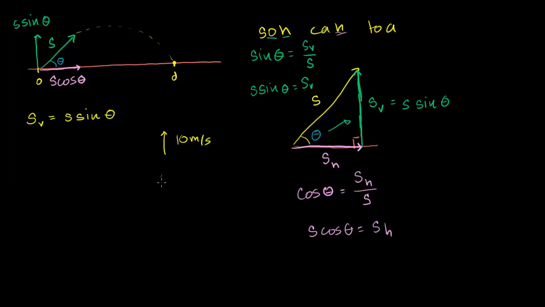And let's say that gravity is slowing it down at 10 meters per second per second. So every second that goes by, it'll slow this thing down by 10 meters per second. Well, it'll take it exactly 1 second to make it go from 10 meters per second to 0 meters per